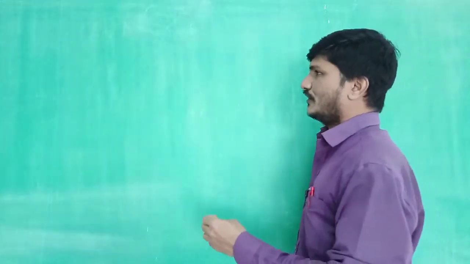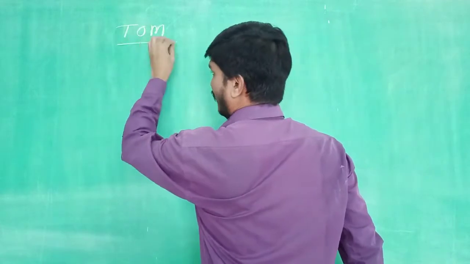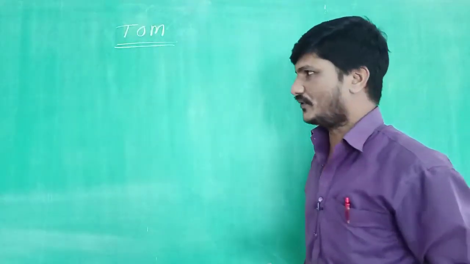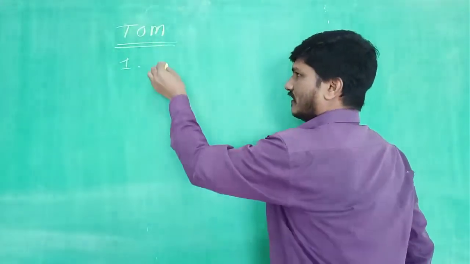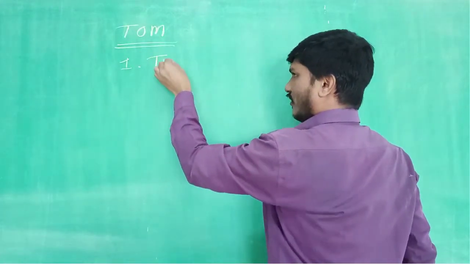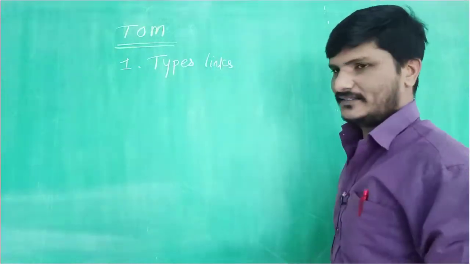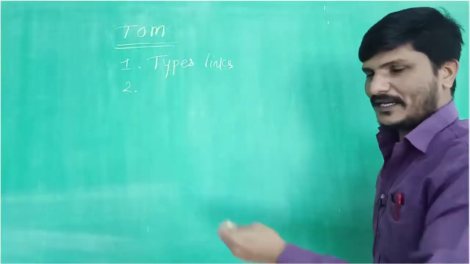Today in class I am going to explain the theory of machines. In the previous class we discussed how the theory of machines is classified. In this video I am going to explain how links are formed. First we'll learn what a link is, and later we'll understand the different types of links. Then the links will form a pair.